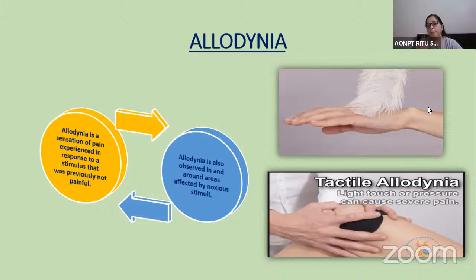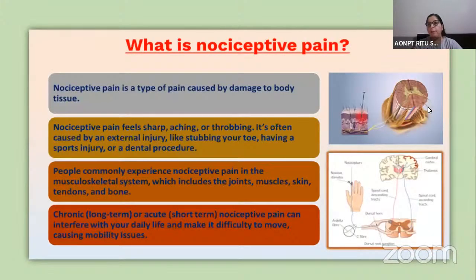So you can understand what allodynia is like in a patient with central sensitization versus peripheral sensitization, where they have neuropathic pain. There also they feel this kind of pain because of spontaneous nerve firing in the area where the nerve is injured, the nerve is damaged. So that kind of symptom we can also see as allodynia. And then we are moving towards nociceptive pain, which was the topic of our today's